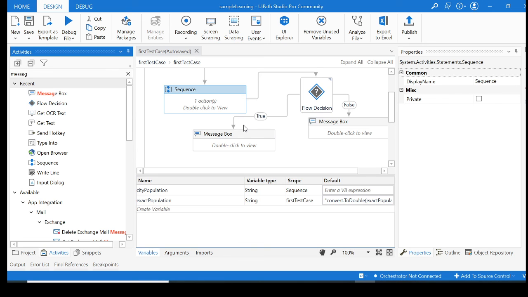You can write your logic under the true block, and different logic under the false block. I've just shown you how the test case flows and how the data flows in UiPath. So this is our first test case, and we're gonna proceed further.